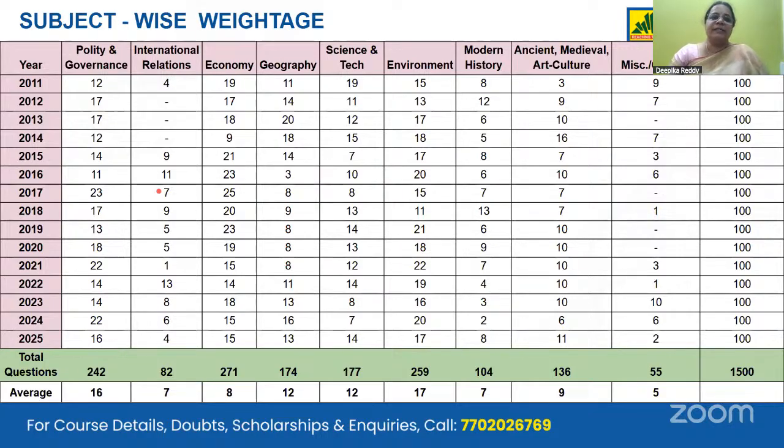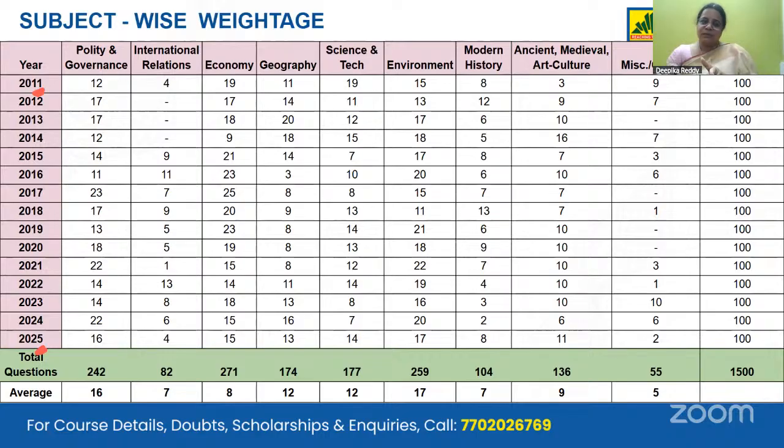To begin with, this is the subject-wise weightage of all the questions that were asked from 2011 to 2025. The biggest take from this particular slide is, if you notice, there is no set pattern that UPSC follows. UPSC never has a set pattern. Before 2010, what was happening is, surely from each subject, for example, history, polity, economy, geography, we knew that you'll get 10 questions, 15 questions. So the trend of each paper was similar. If you read polity well, you'll be able to answer 10 questions. This was the mindset with which we prepared because I gave my attempt then.